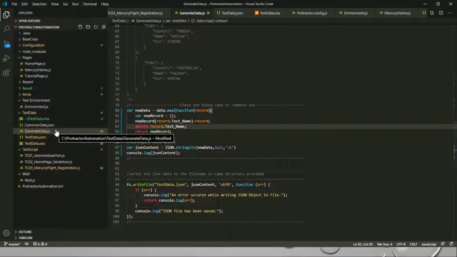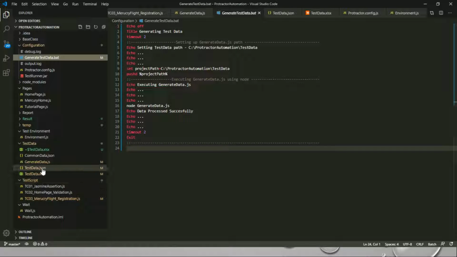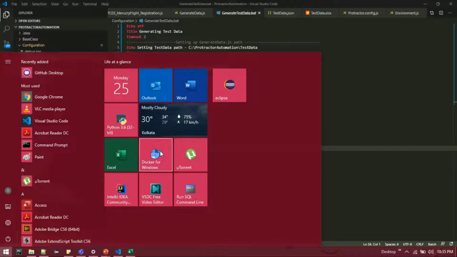So once we are done with the generated.js file, then we need to execute it. For that, you can directly execute it by node. I have configured one batch file to execute that. This is my batch file. So easily you can configure and execute the generated.js via node, but you don't need to do that. Why not we simply create a batch file to execute the JS file? Okay, so